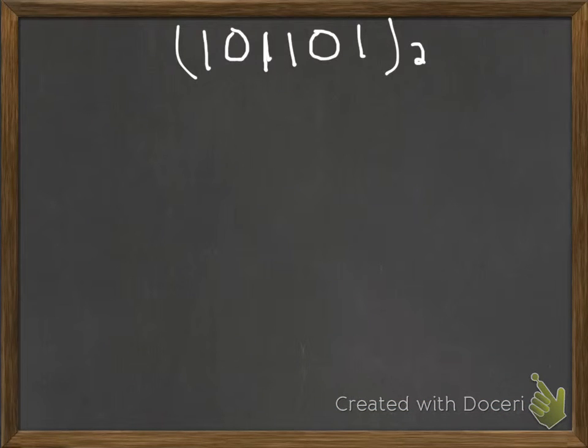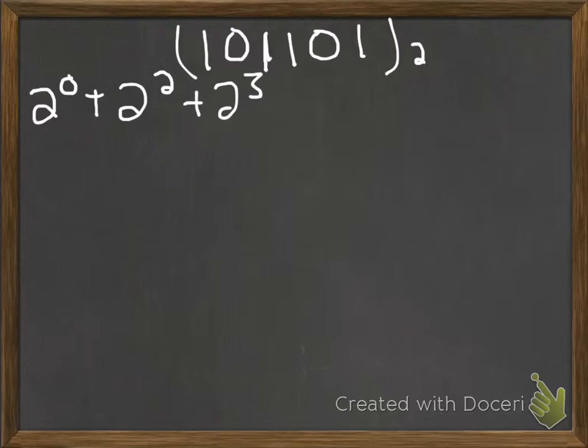Okay, let's take a look at this example. The same steps apply here. Everywhere you see a 1, just take the power of 2 that corresponds to that placeholder and add them together. We'll start from right to left so we don't mess up. So in this example, we're going to have 2 to the 0 plus 2 to the 2 plus 2 to the 3, and then plus 2 to the 5. And if we evaluate this, it's going to be 1 plus 4